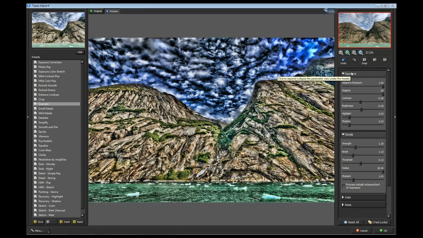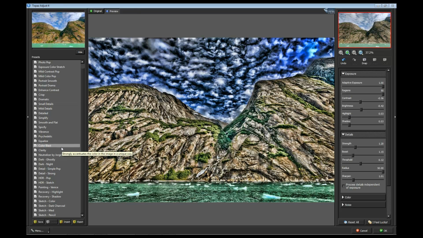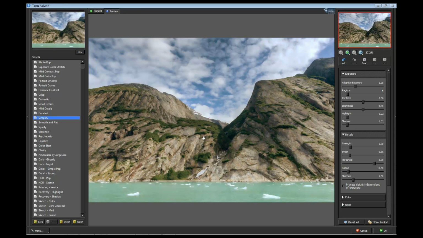We've had an overview of them. They can be a little bit intimidating. So to keep it from being intimidating, let's move back over to the preset side. The presets that are provided in Topaz Adjust are very good, and they're going to give us the ability to make an image either a little softer or a little more contrasty, a little more shape and form. As an example there, I'm going to click up to the preset of Simplify. And the Simplify preset is